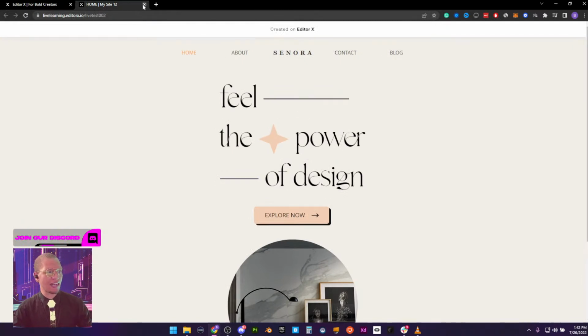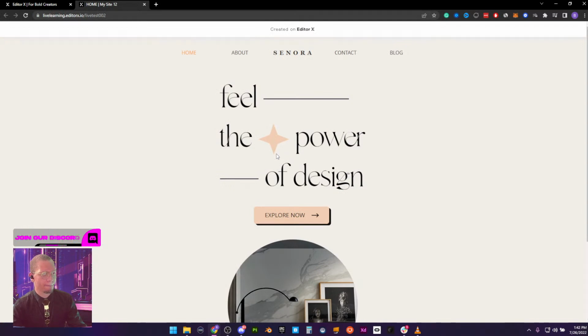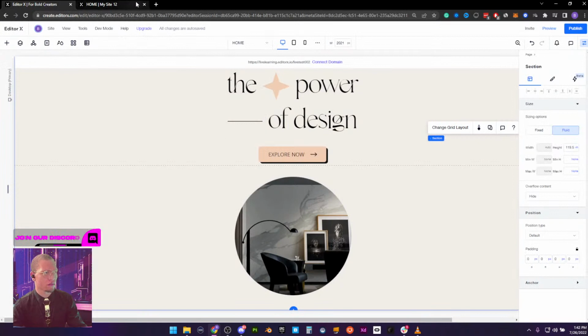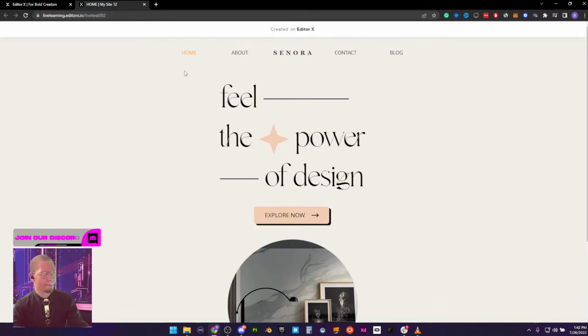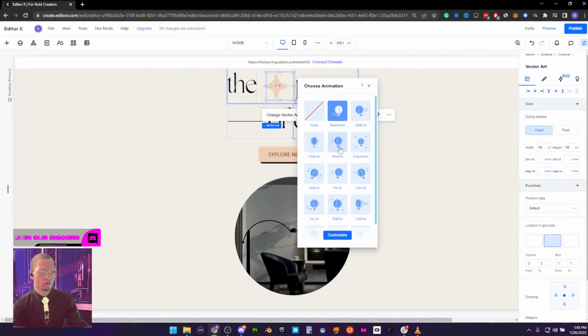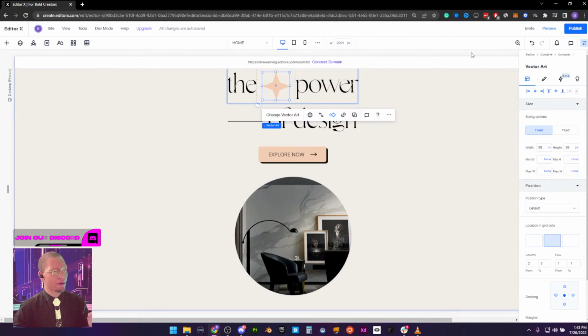So there must be a bug at the moment with animations. Let's go to view site. So there was no... Let's do it one more time. I'm going to refresh. All right, so this is not even bouncing. Puff in, customize. All right, let's try again. So it was not me, it was the actual feature.